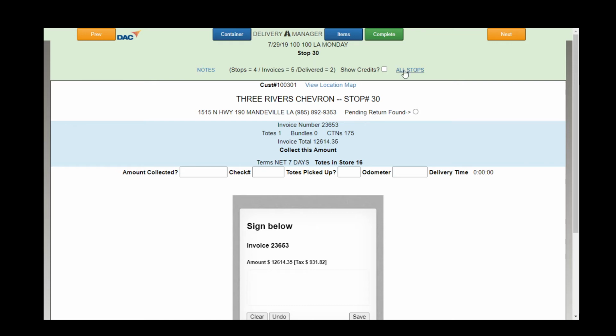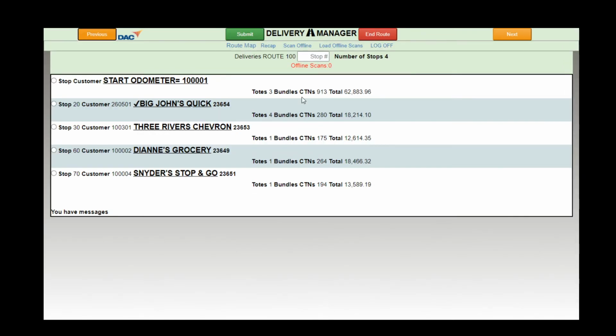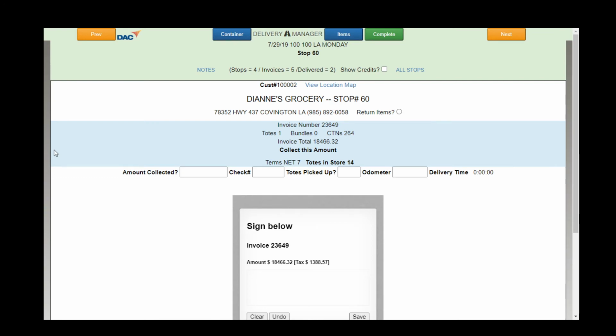If I go back to all stops, let's just pick Diane's Grocery and initiate a driver return to show you how that works. If I go there, you'll notice there's no pending pickup request, but it does ask if I want to return items. And so what I can do is, maybe something got crushed on delivery or something of that nature, or just got left out from the tote altogether. But I can click that button,